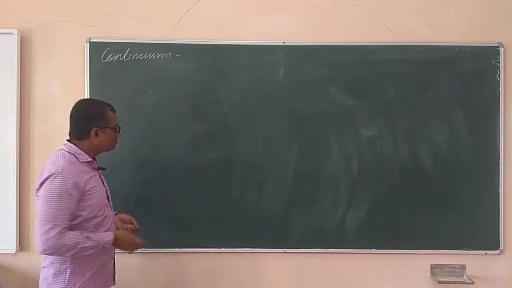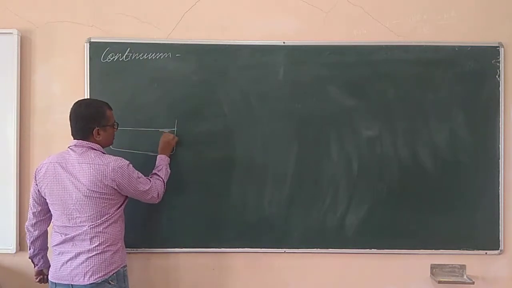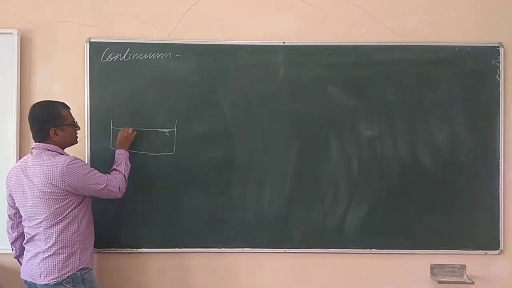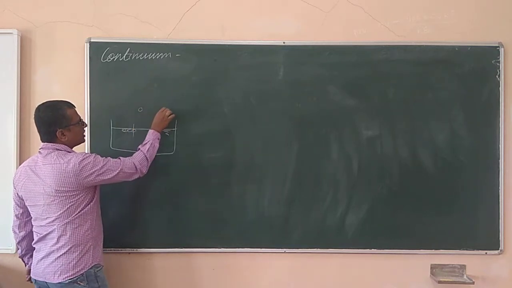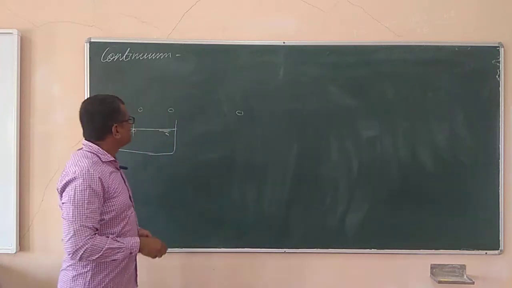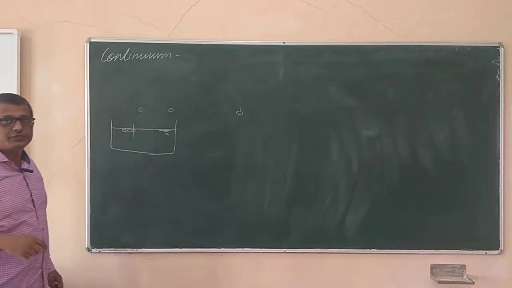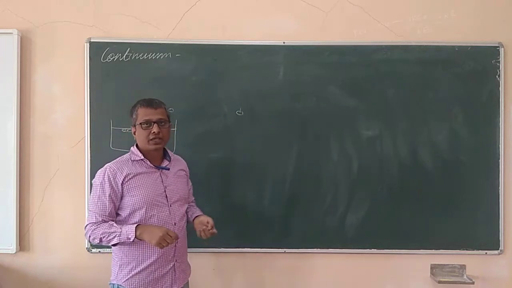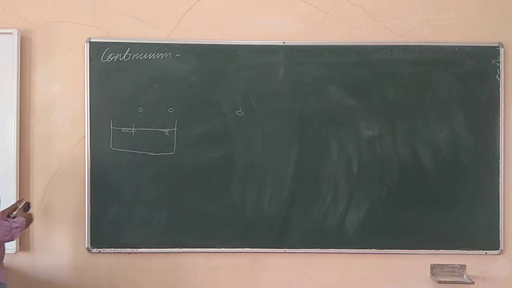For example, if I take some water into a beaker or any vessel over here. Now the fluid is a continuum means what? Every molecule is close to one another and the fluid is continuous, there is no breakdown. It is not the case that there is one molecule over here, another molecule over here and some other molecules over here. They are separated out. The physical property of every molecule or droplet may vary with respect to its position, maybe its velocity, or the energy levels, or the temperature may vary. So for that we need to consider the fluid as a kind of continuum, that is a continuous matter.